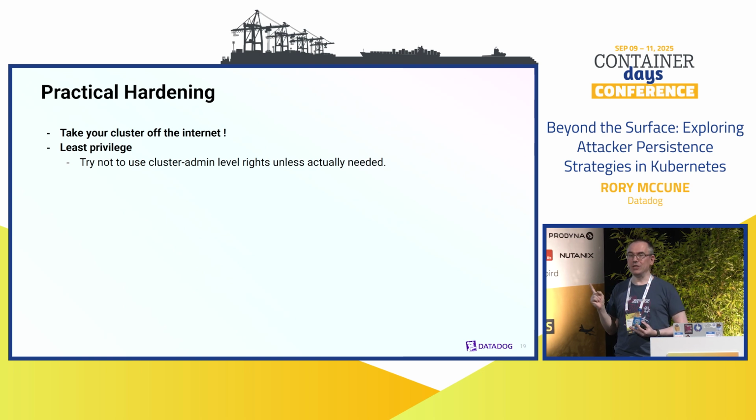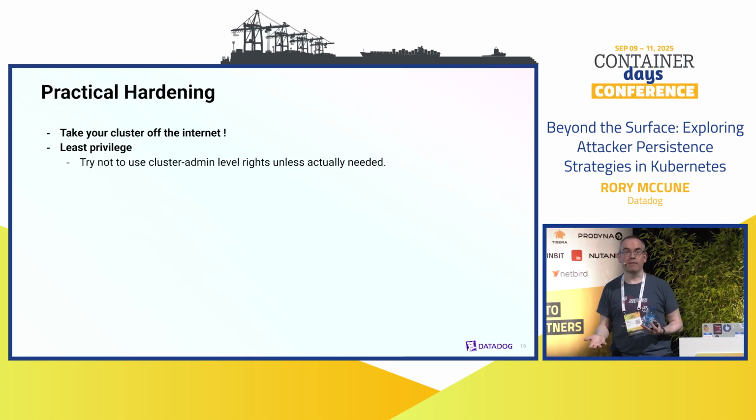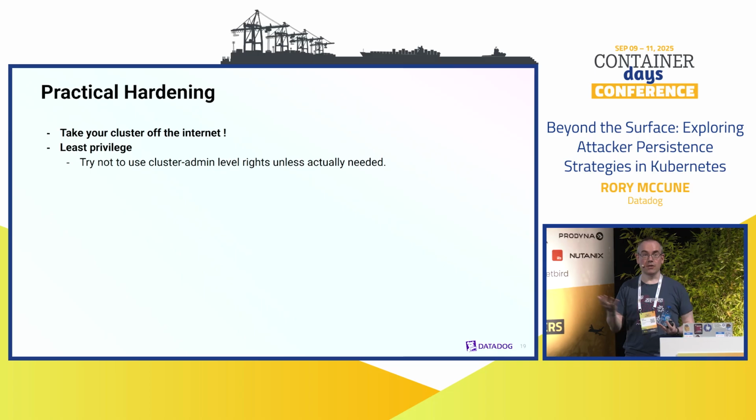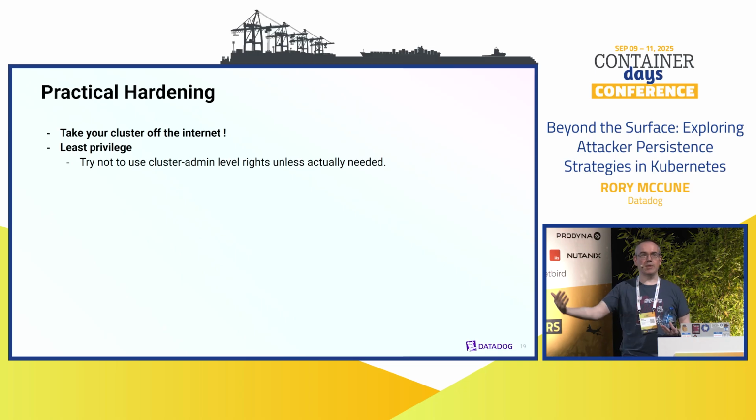The attacker literally just needs a kubeconfig file. So if you think of all the ways a kubeconfig file could be lost, it could be committed to GitHub. Some malware could get onto one developer's laptop, and they've got a kubeconfig file with static credentials in there. Suddenly you're going to have a very bad day. If your cluster isn't on the internet, it makes it harder for the attacker. They need to be able to get to the API server as well as having creds. It just lowers that risk of something very bad happening.